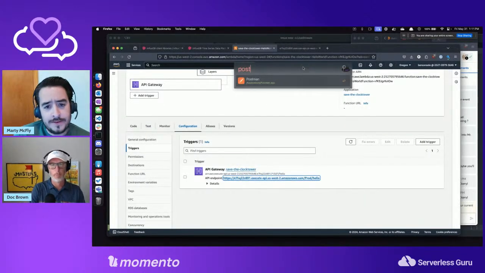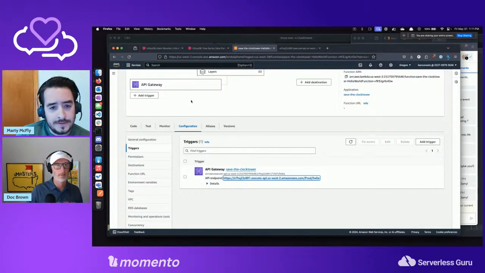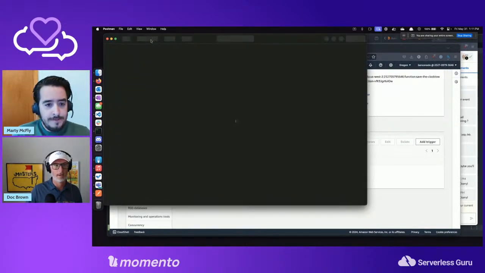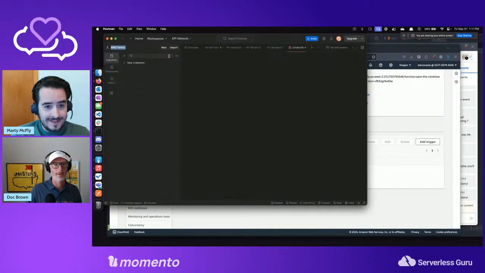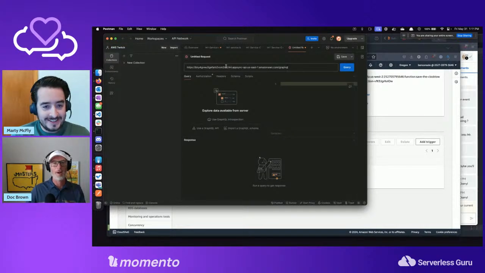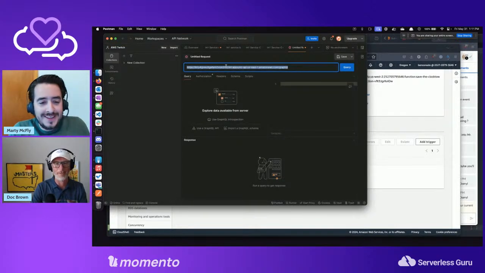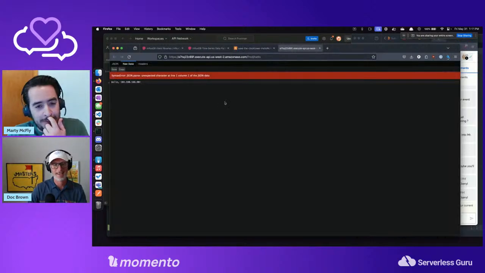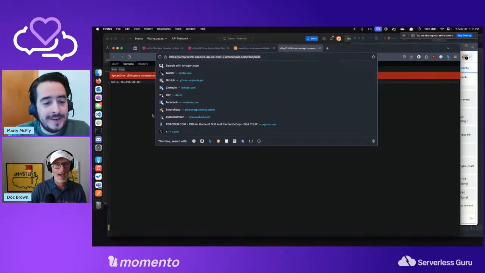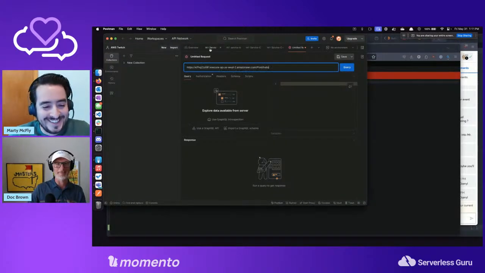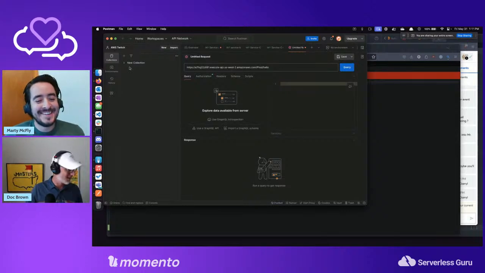Let's fire up the old Postman here. Don't tell him, I don't know when I was last logged in to Postman, so who knows what's going to show up. Oh, good. It's our GraphQL from last time. Oh, amazing. Yeah, you worked so much in two weeks. I have done so much in the last two weeks in Postman. Just shows I'm not doing much. I don't know what I do.